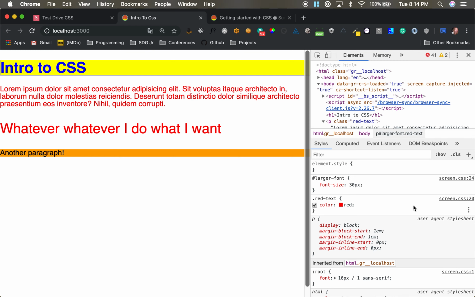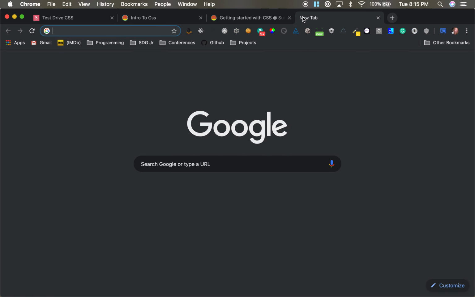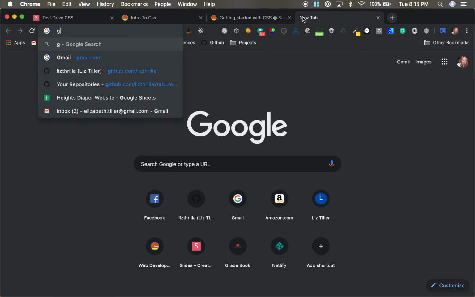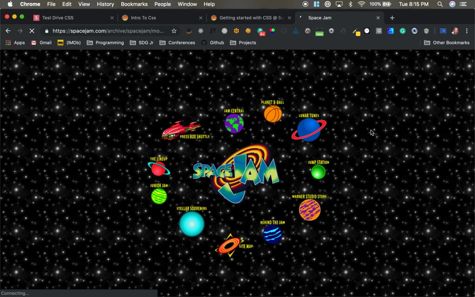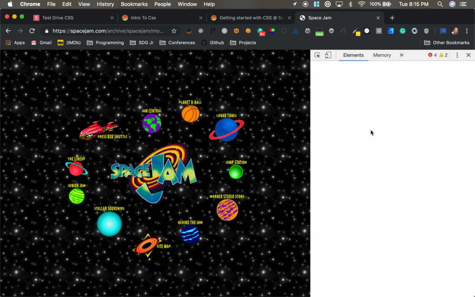If we have something overriding, something not applying, something applying twice, all that nonsense which we'll run into, it'll be right here. It's also fun to do this to other sites. We'll go to Space Jam because I mentioned it earlier. Not that it's Space Jam, because I don't know what kind of tomfoolery is happening there. A lot of tomfoolery, but it has a